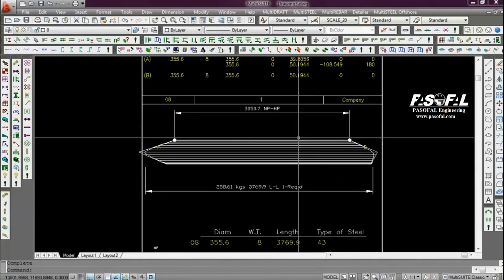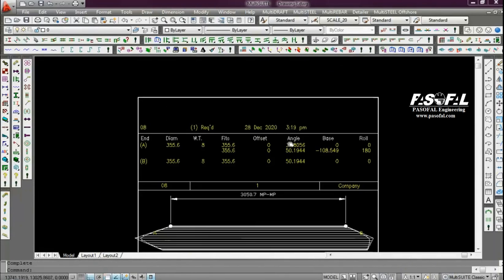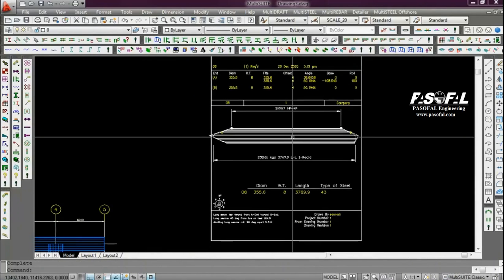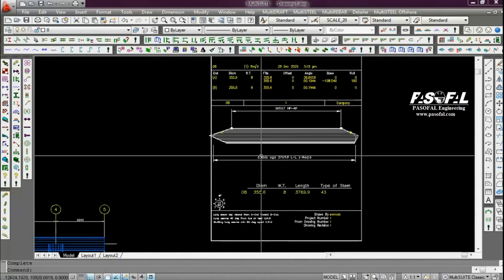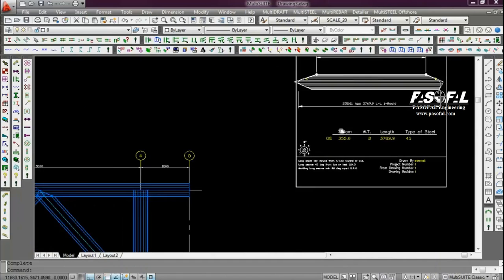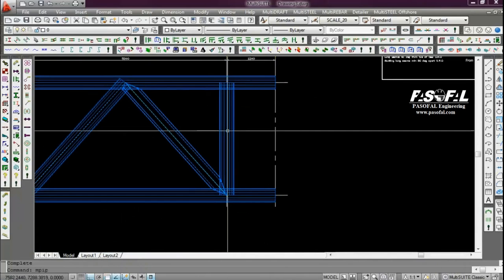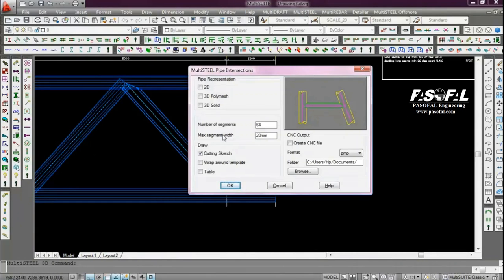Okay, you can see the section that we created by the M-Pipe for 3D. Then this one is the cutting sketch, and for the wraparound template by the M-Pipe command, I'm choosing the wraparound